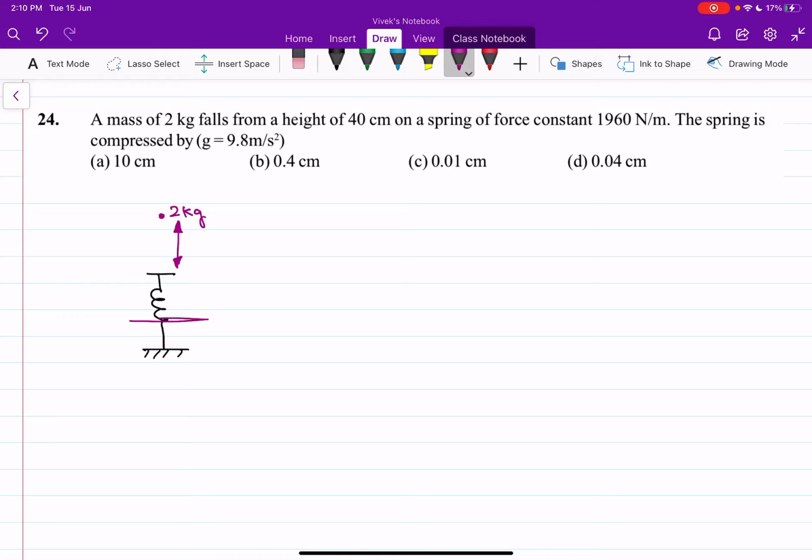So at the final position, at the maximum compression, it is not the force on the particle which is zero, it is the velocity of the particle which is zero. Because at maximum compression, it won't stay there for eternity, it would accelerate back up. So at maximum compression, the net force might not be zero. I hope that is clear to everyone.